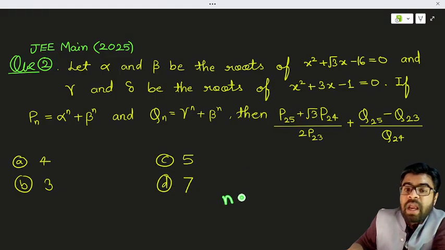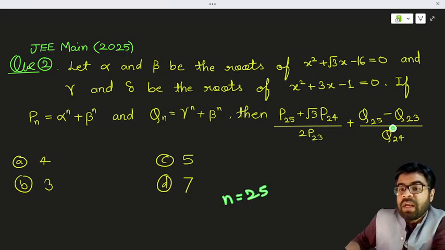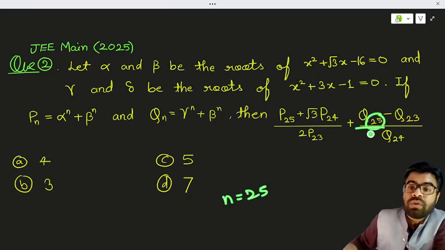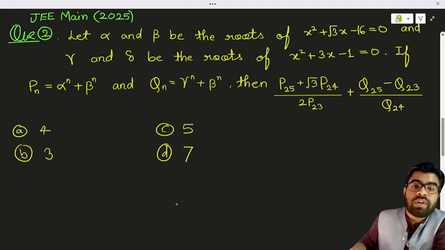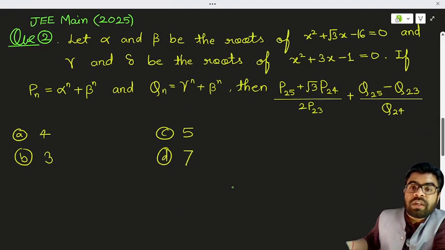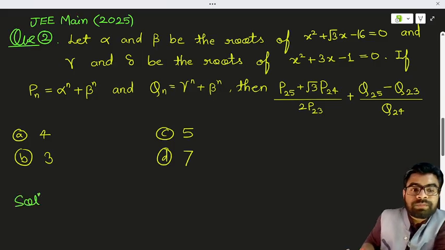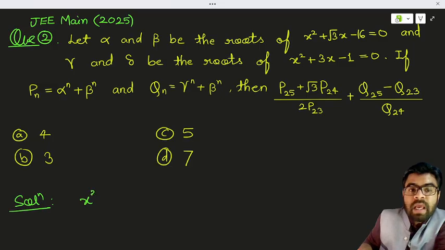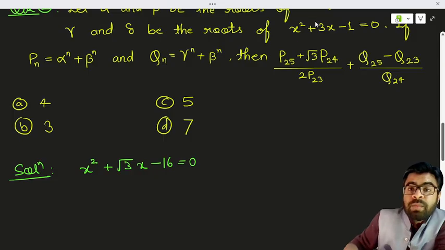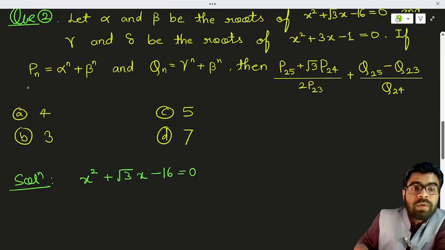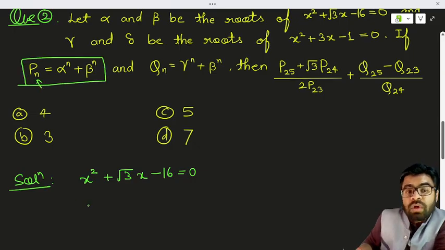So we will take n to be 25, and here also it is 25. Again we will see 25. So first of all, write down the equations. देखिए, इक्वेशन नंबर 1 हमें क्या गिवन है, सॉल्यूशन। अगर हम अल्फा बीटा की बात करें तो इक्वेशन 1 हमारे पास है x square plus root 3x minus 16 is equal to 0। एंड बिकॉज हमें यहाँ पर अल्फा बीटा किस में गिवन है, अल्फा बीटा का रिलेशन हम p से फाइंड करते हैं।